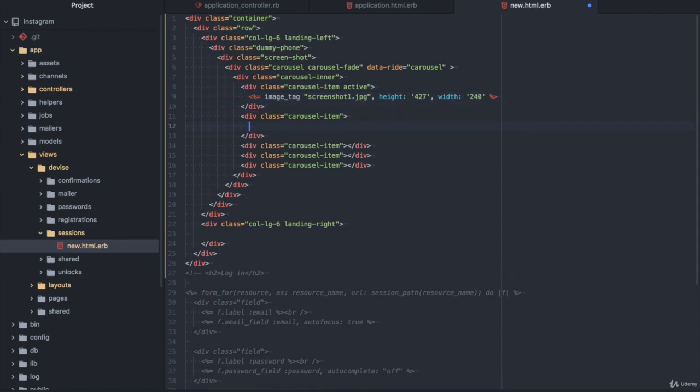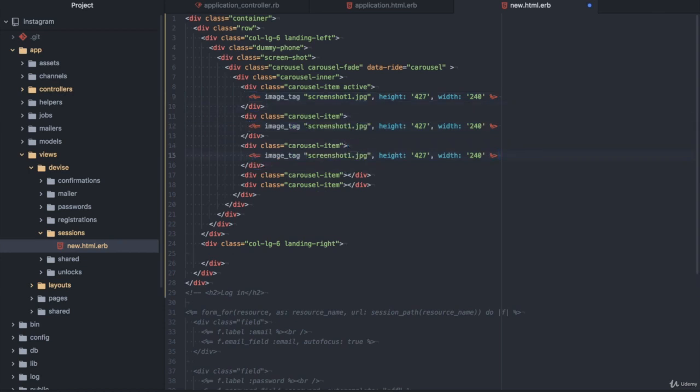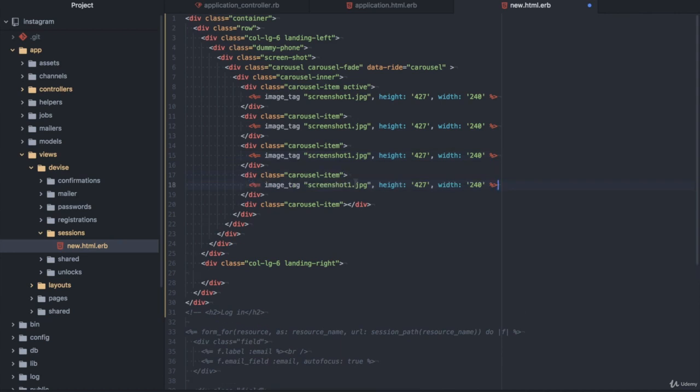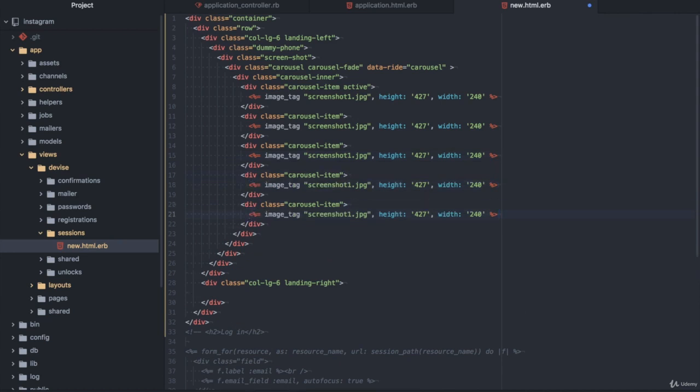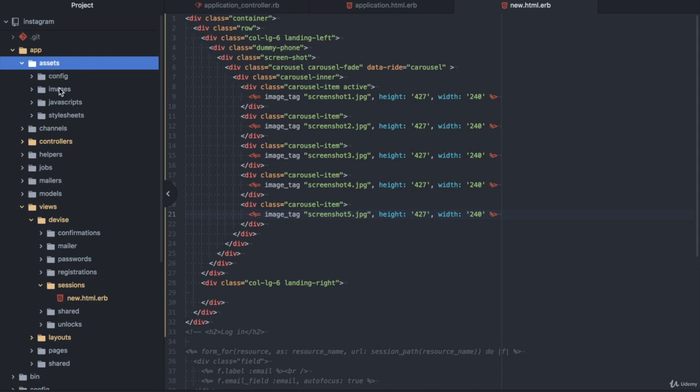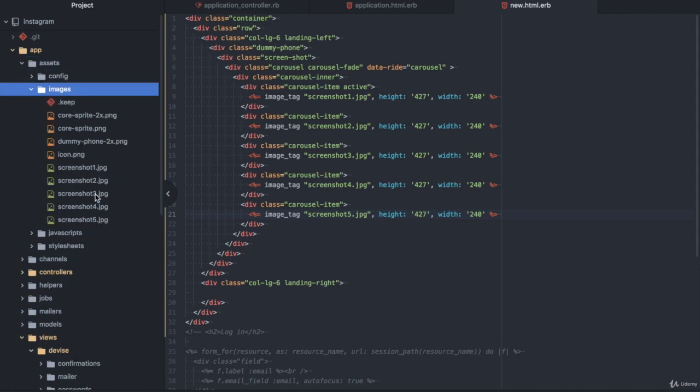Alright, now I want to copy this into there, here, also here, and finally here. And change this file, screenshot 2, 3, 4, and 5. Save it. So where does this file come from? When you write an image tag, it automatically searches in app assets images, and here you go, all our